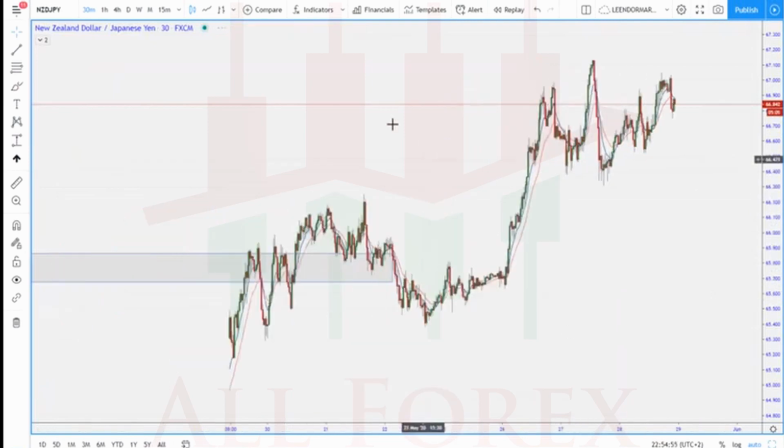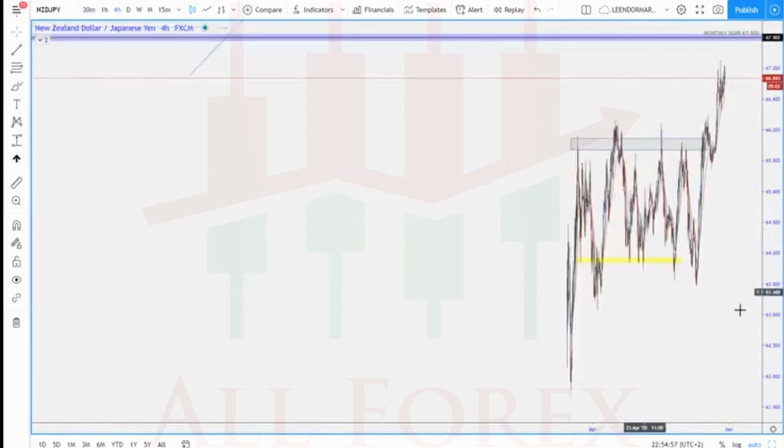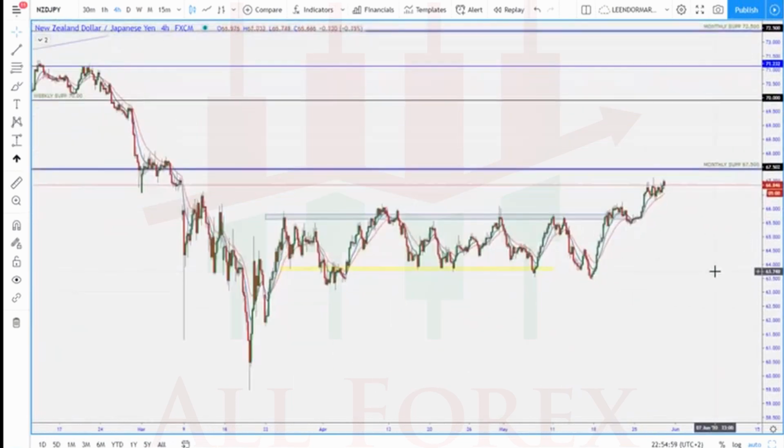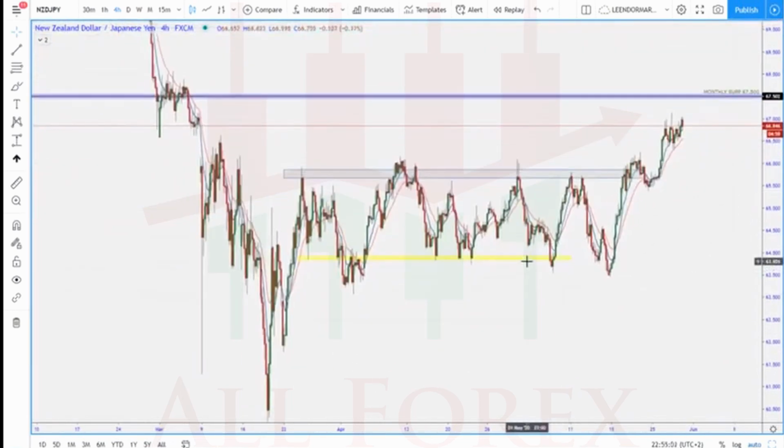Remove drawing tools. Let me see. What do we have on this chart? Let me see. Okay, nearly deleted important stuff. So again, how I would have traded this market,